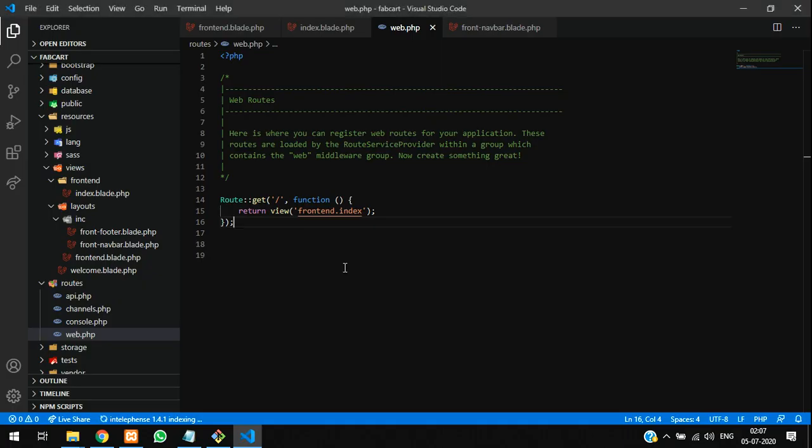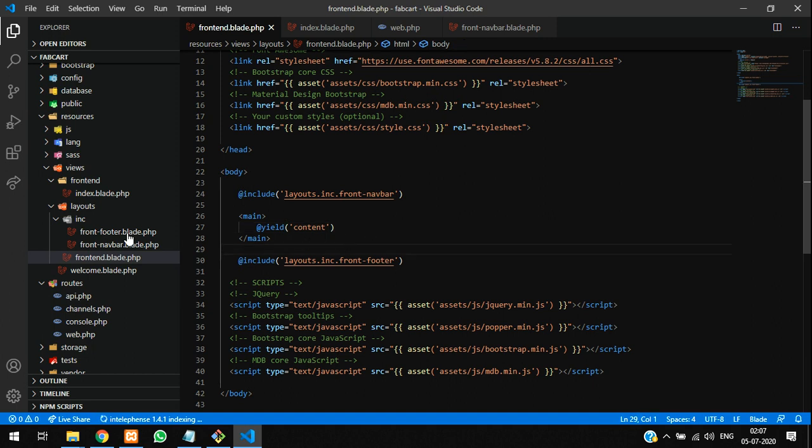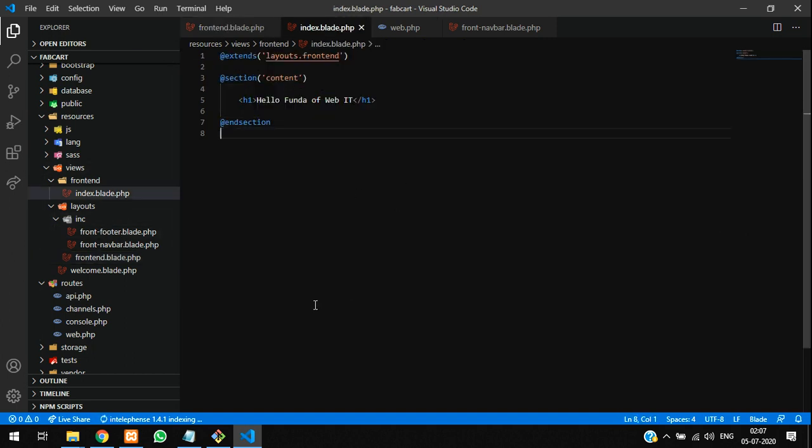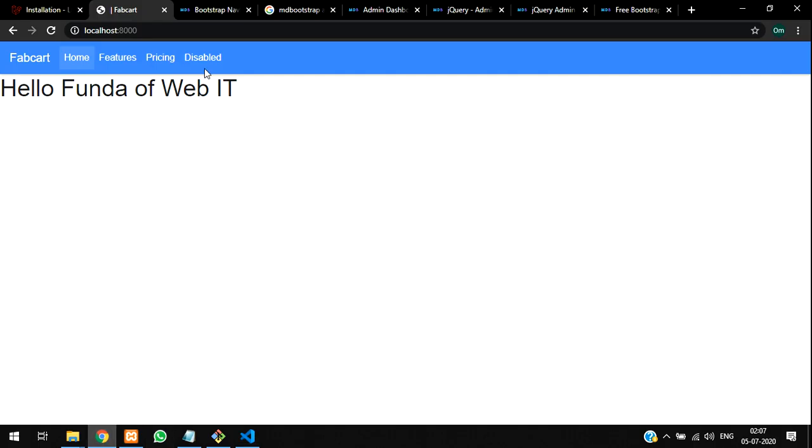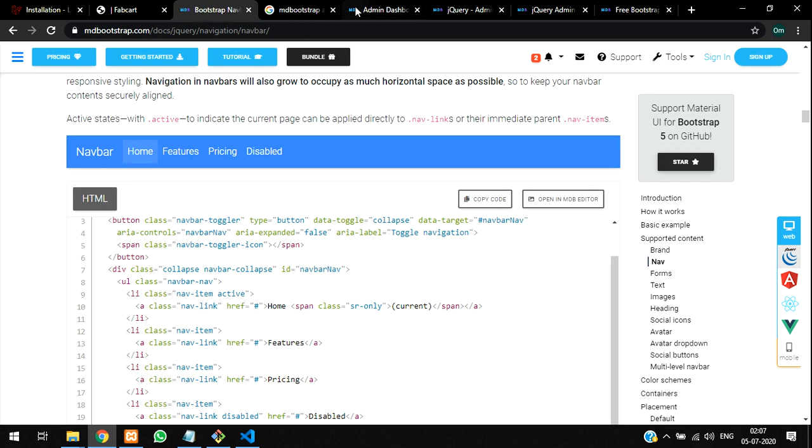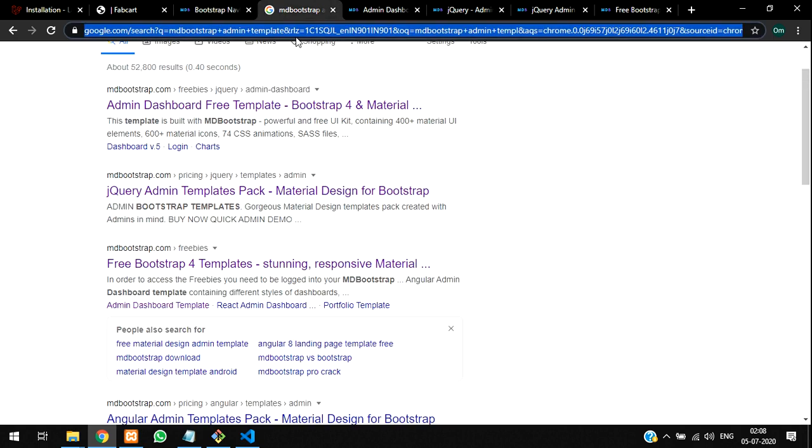Routing is done over here, right? So we just followed some steps to get here. So the front end setup is done now. Okay, and now we are complete with this, and now you can just go and check your navbar designs over here inside your bootstrap. So you can just search like